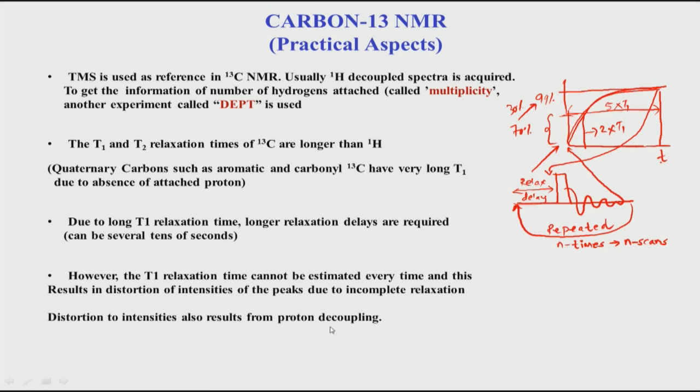Another reason why intensity goes down is an effect called the nuclear Overhauser effect. We will see that later in 2D NMR. This nuclear Overhauser effect comes because of the decoupling of protons. When you do proton decoupling, that means when you apply a weak RF irradiation on protons, it affects the carbon intensities. So, these factors of decoupling, incomplete relaxation, etc., mean the carbon intensity can never be considered quantitative, and normally we do not use carbon NMR for quantifying the number of protons. We always use hydrogen proton 1D NMR for quantification.